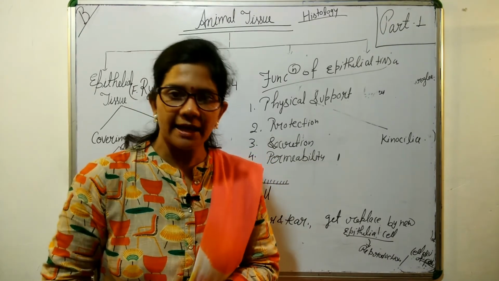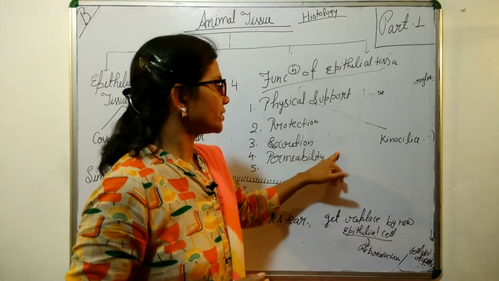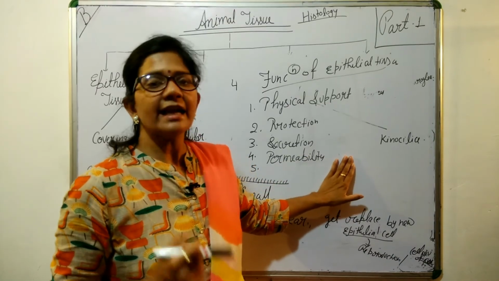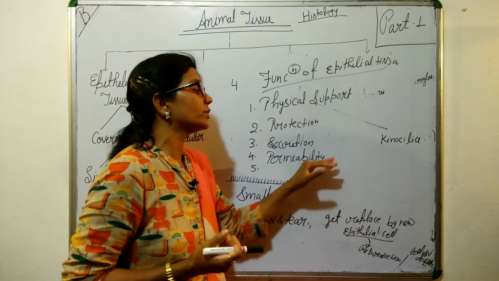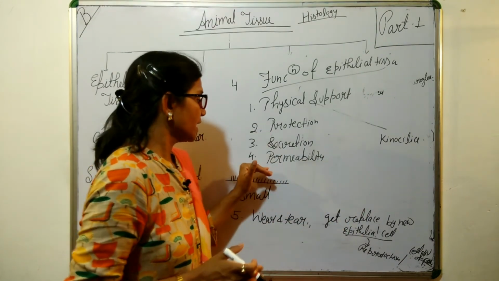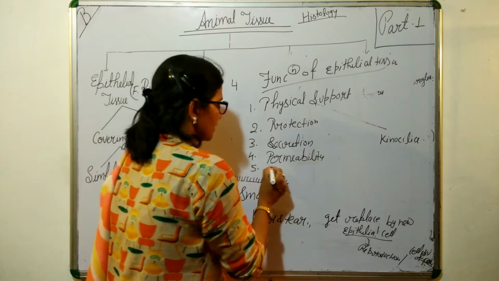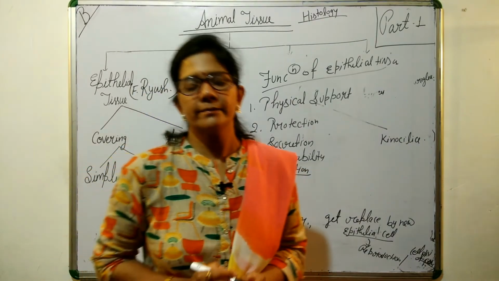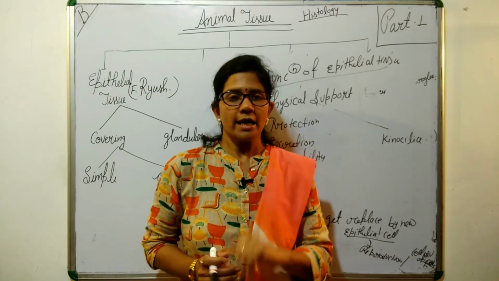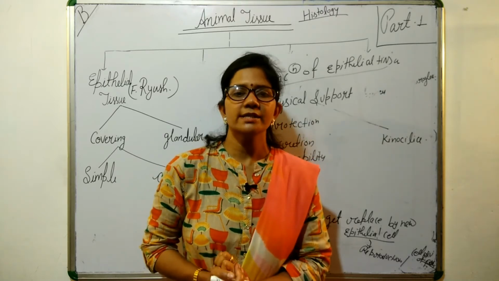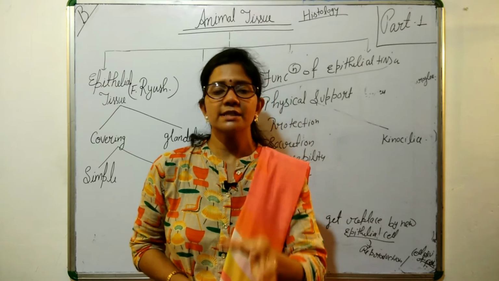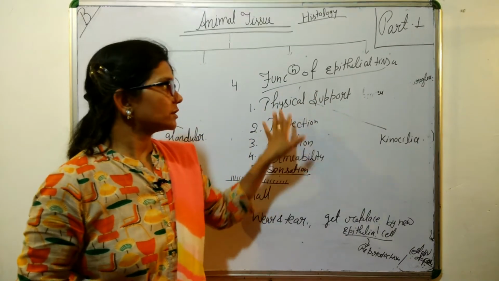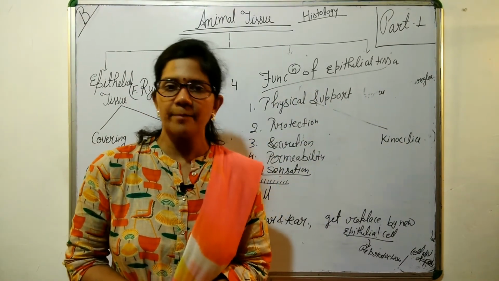It is decided by the epithelial cells, so they control the materials, whether outgoing or incoming. They control the permeability of the whole body parts. And then the fifth point, they also help in sensation, because many sensory cells are present in the epithelial cell, which help to receive and respond toward the external or internal stimuli. So that was about the function and special characteristics of the epithelial tissue.